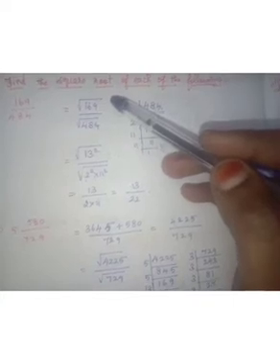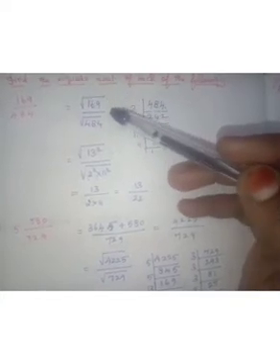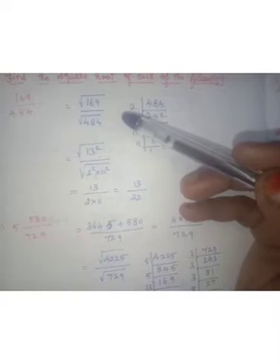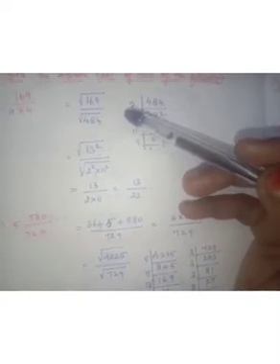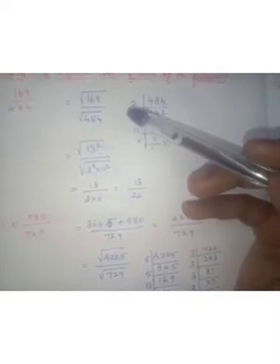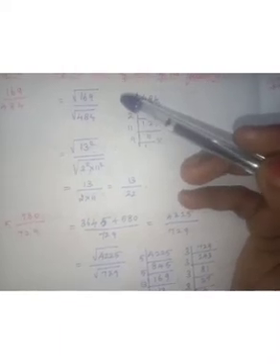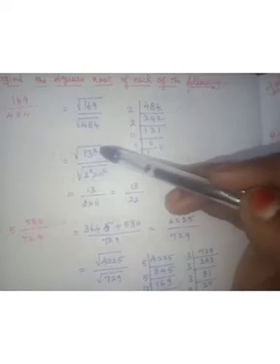For the numerator 169, to take the square root we could use the prime factorization method. But everyone knows 169 is 13 square, because in the square root table in your book I already told you to keep the squares of 1 to 20 in your mind. It's very useful for the exercise. So 169 you straightly write as 13 square.